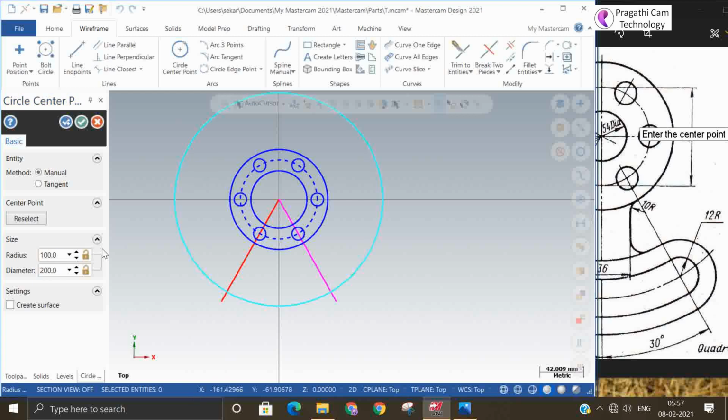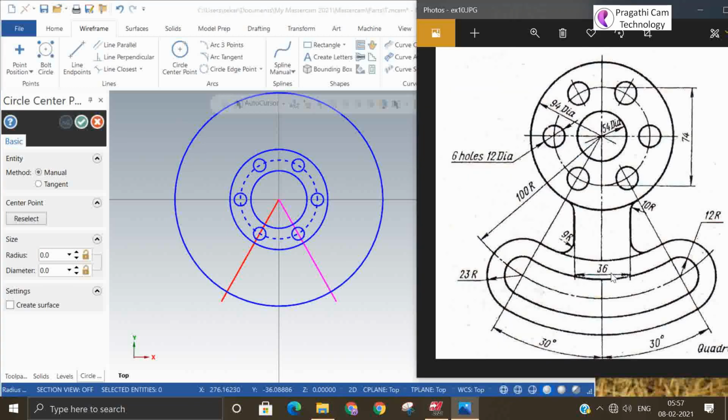So now another two radii we need to add. Okay, now I will divide it first.